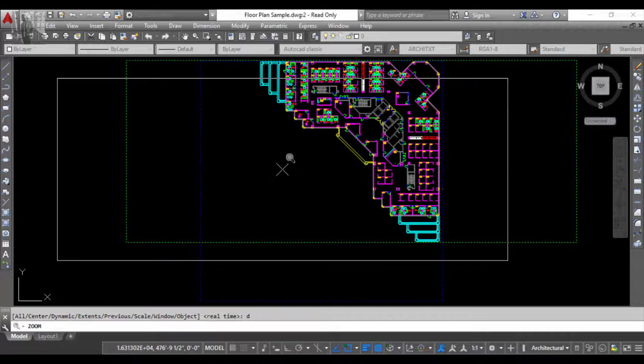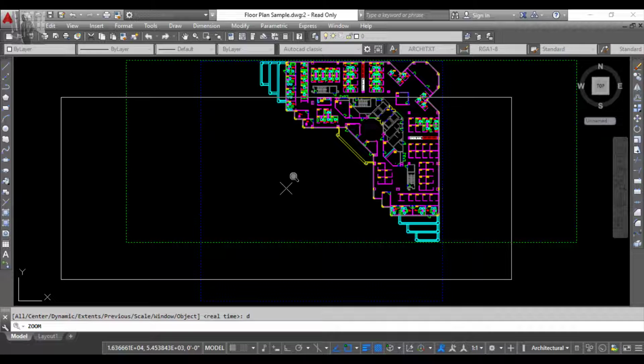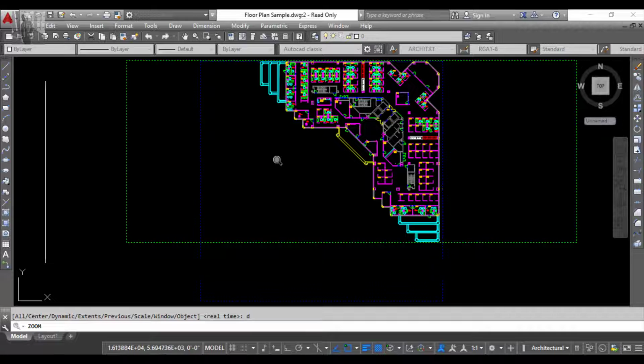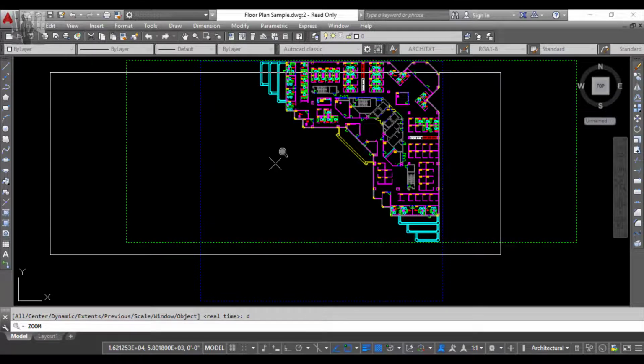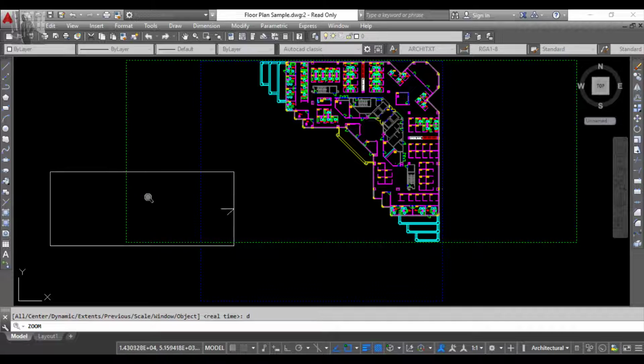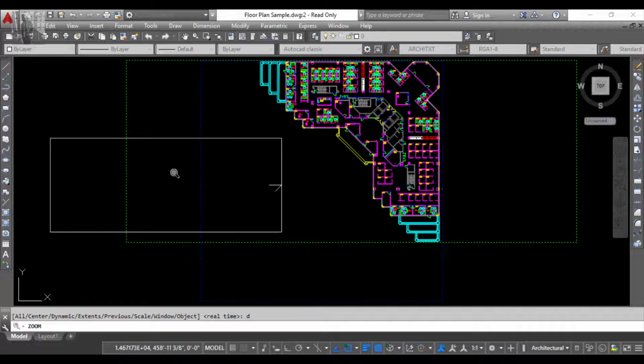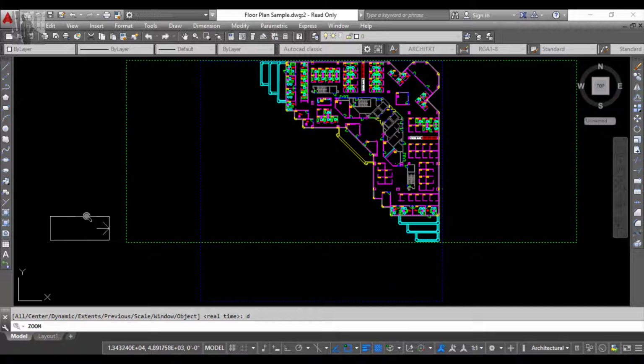As the name suggests, dynamic, the windows can be resized, that it can be reduced or it can be enlarged. You can see a cross at the center of the window. First I will left click on the window. As I left click on the window, you can see a right side arrow on the white window. This arrow justifies that the window can now be resized. So I will resize the window to a particular length in which I have to zoom into my drawing. Suppose I want to zoom this much, so again I will left click.